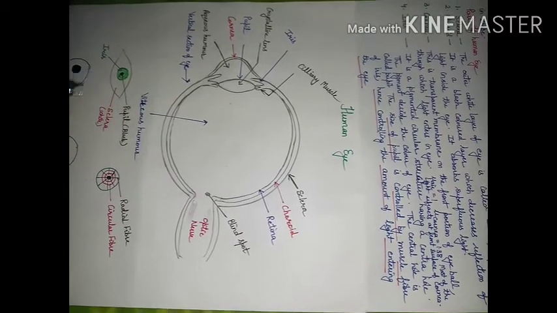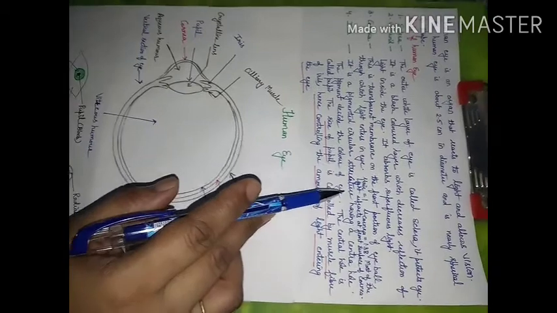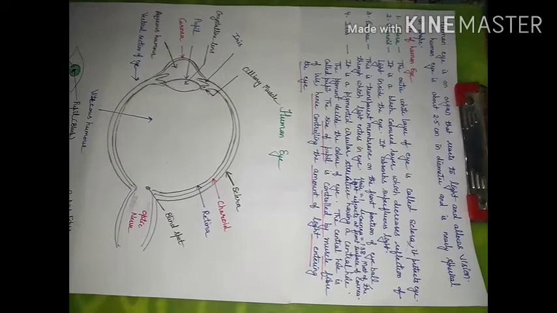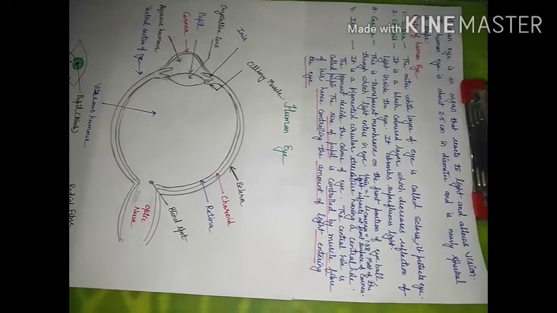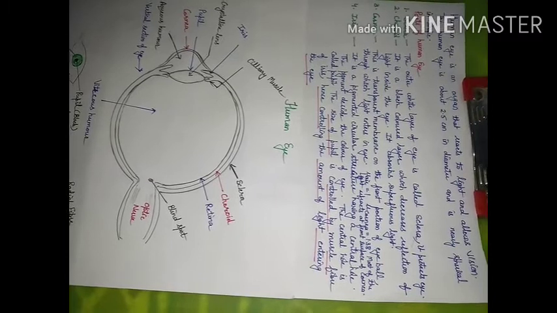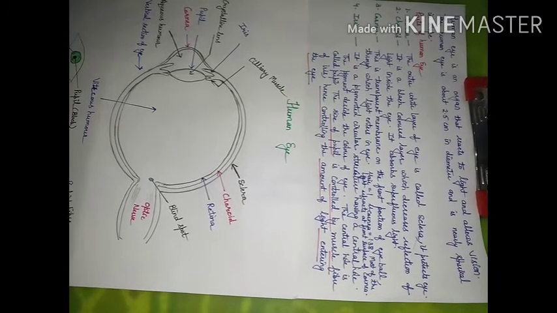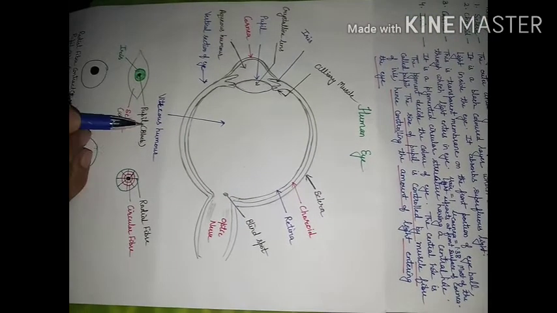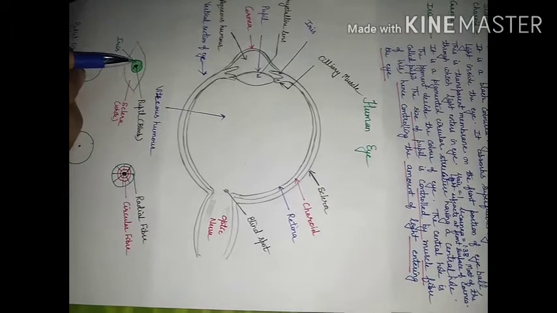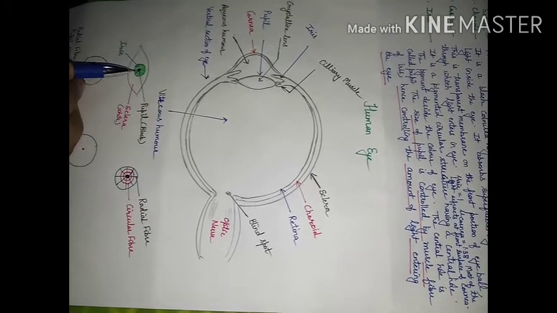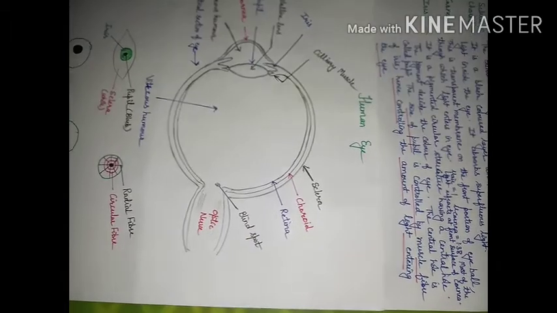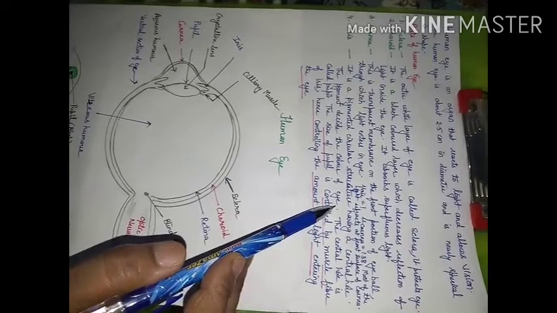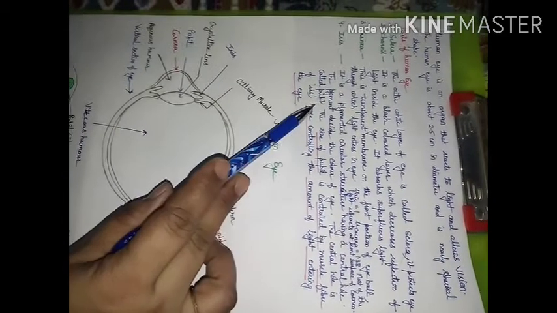So what is the iris? It is a pigmented, circular structure having a central hole. At the center, there is one hole, and this hole is known as the pupil, which I have represented by black color. In the front view of the eye, this white portion is the sclera, this black portion is the pupil, the hole in the iris, and this green part around the pupil is known as the iris. The pigment present in the iris decides the color of the eye, and the central hole is known as the pupil.